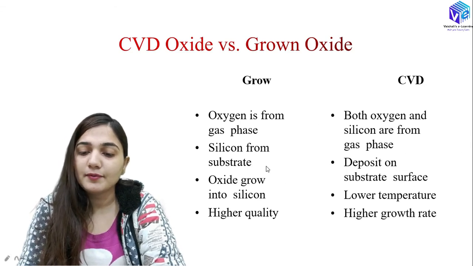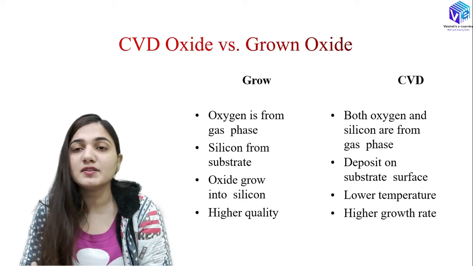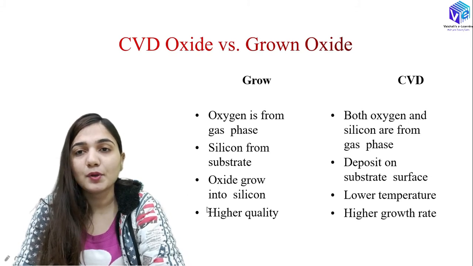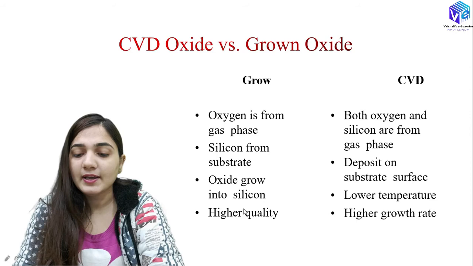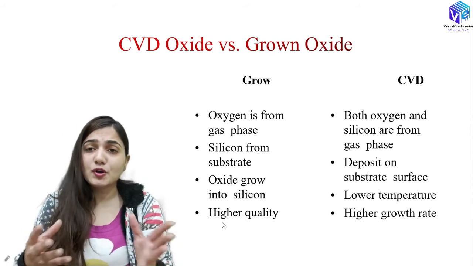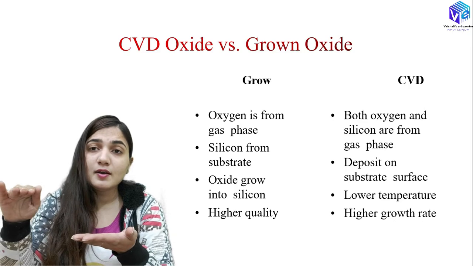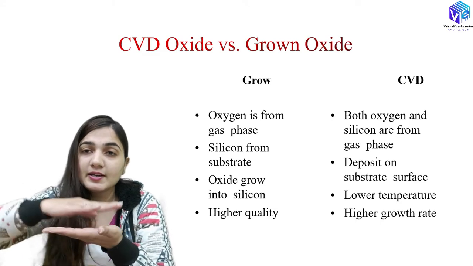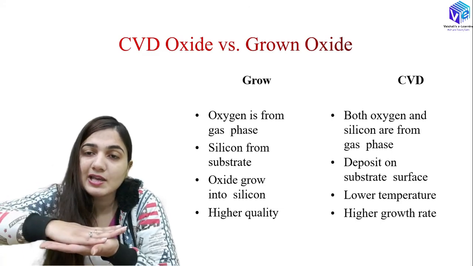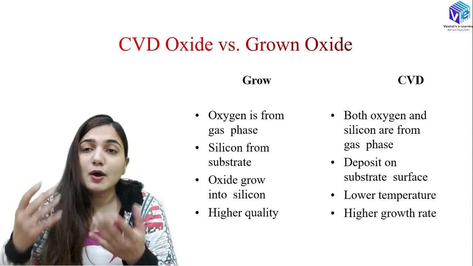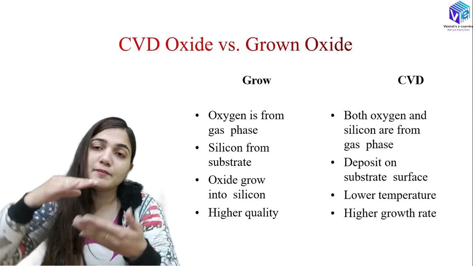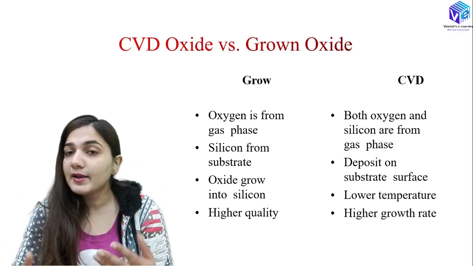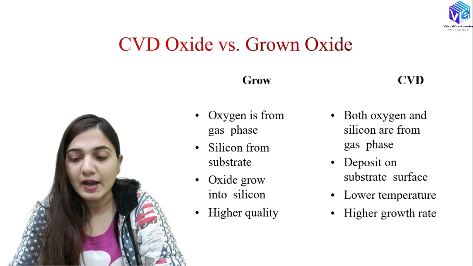Here, the silicon from the substrate is getting consumed, so the oxide grows inside the silicon. But here we will have higher quality because most of the impurities are present on the surface only. When oxygen penetrates inside, the silicon interface shifts downside with the SiO2 formation. So now we are getting a high quality layer because all of the impurities were present on the upside layer where we now have SiO2. Over the silicon we won't have any impurities, so it will be of higher quality.